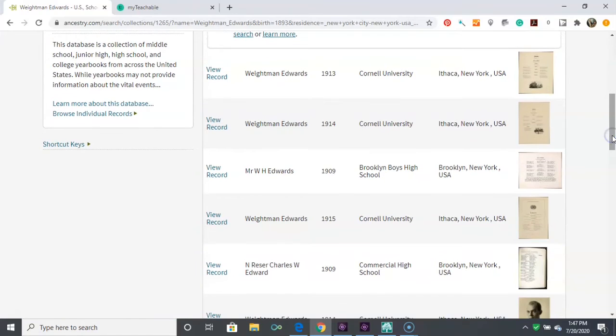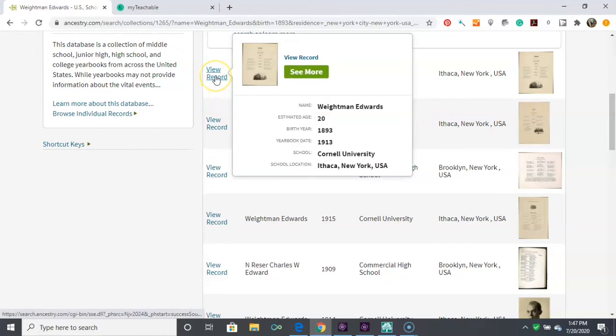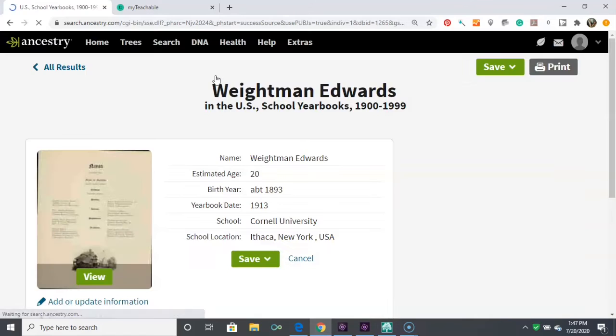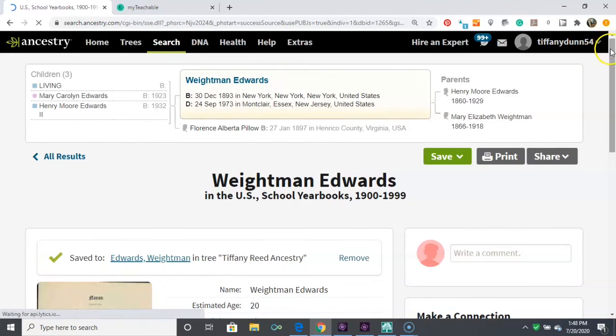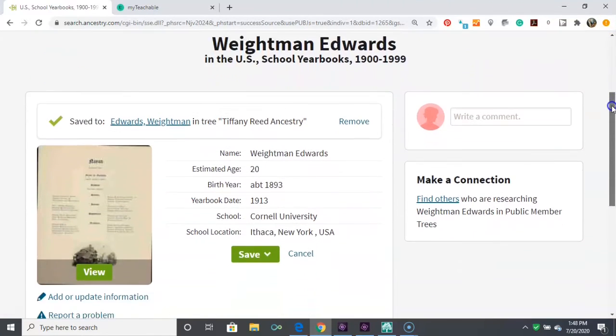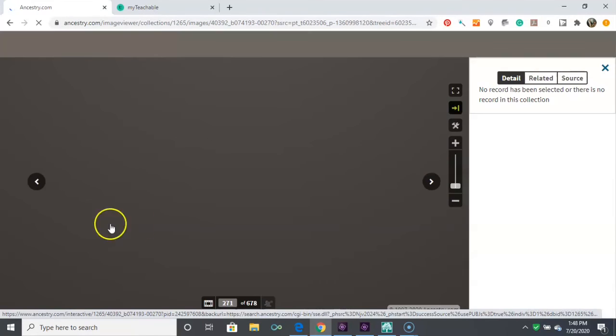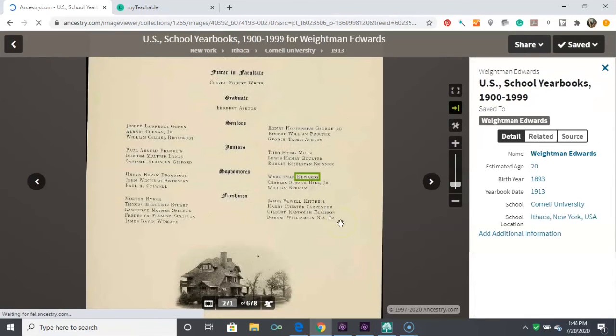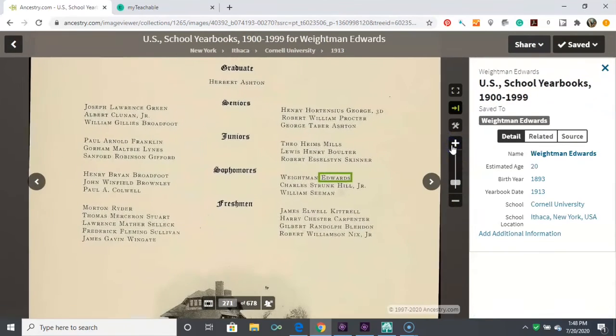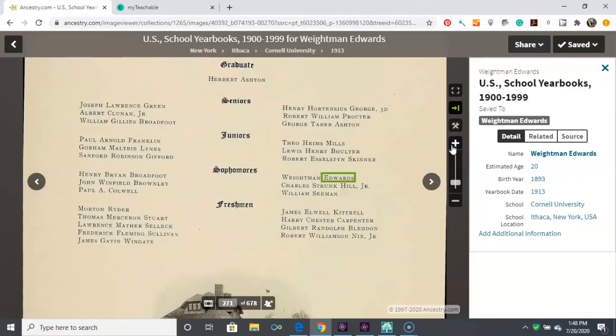I'm scrolling down now and I can see that Waitman Edwards comes up in New York in the school yearbooks. And so yes, he was born about 1893. He did attend school in the 1913 time. I can look and make this bigger. So this document was not available to me via hints,